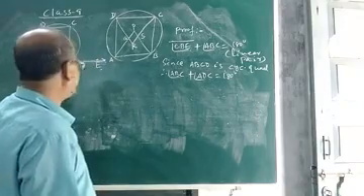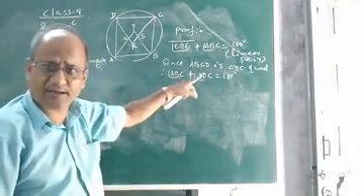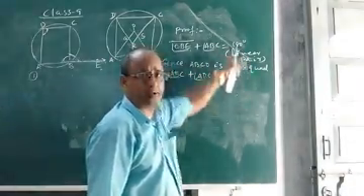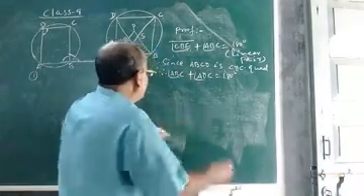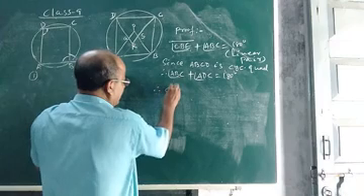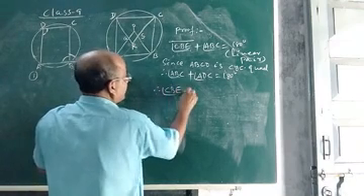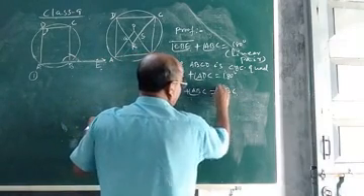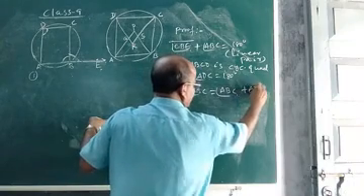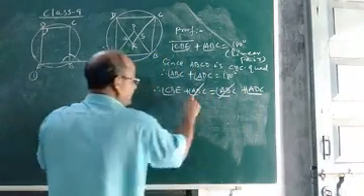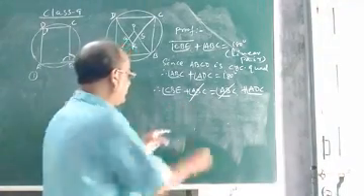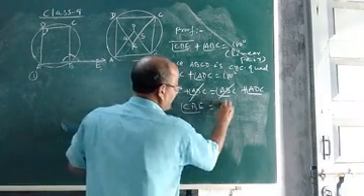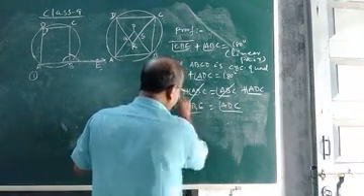And this is exterior and this is interior adjacent. They form a linear pair, so their sum must be 180 degrees. Now you compare the two equations. On comparing the two equations, what will you get? You will get angle CBE plus angle ABC is equal to angle ABC plus angle ADC. Now you cancel angle ABC from both sides, and on cancellation you got CBE equal to ADC, and this is what we wanted to prove.